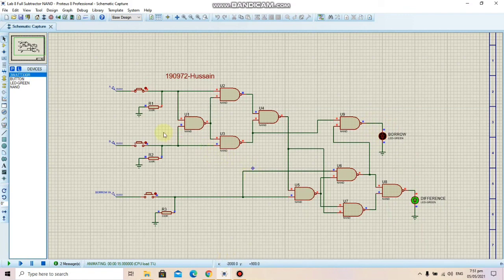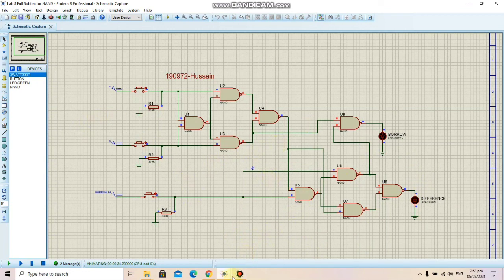When we go for all the inputs 1, both the lights should be on, and we can see that both the borrow and difference are on. When borrow in or B is on, both the lights should also be on. We can see that here again. Let's check this condition again. We can see both the lights are on. So we have correctly created this NAND implementation, and the NAND circuit is correctly implemented also.